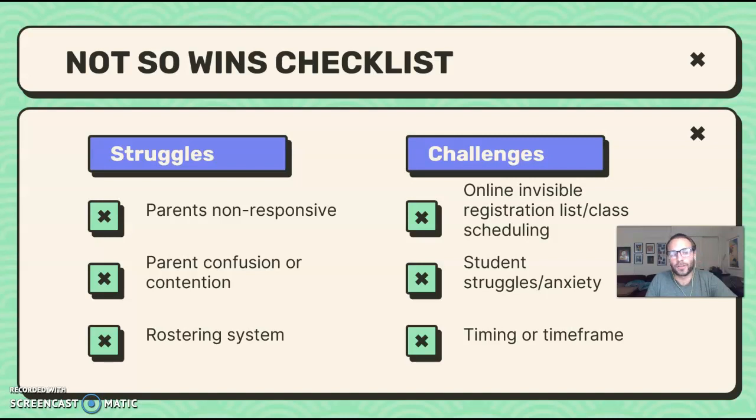The other thing, of course, is also just parent confusion or contention. Not enough of our families understand what MAP testing is and why we do it. I had multiple ADs or BHCs say, "Oh my God, the number of people that I've had to explain this to, going through it time and time again." It's really a shame. I think we need to make it a little bit more central to our conversation so they're not surprised when these things come up.